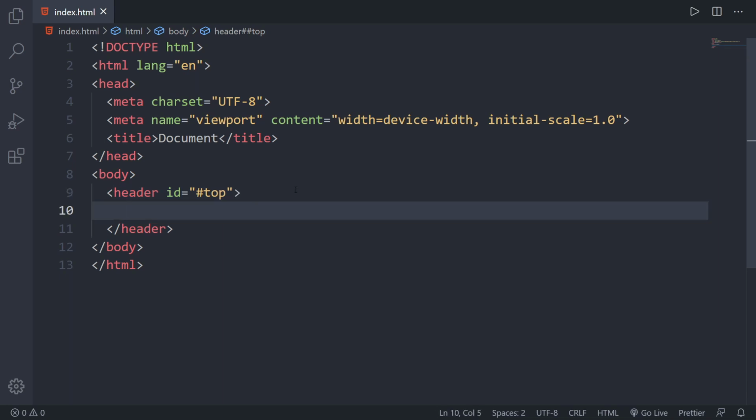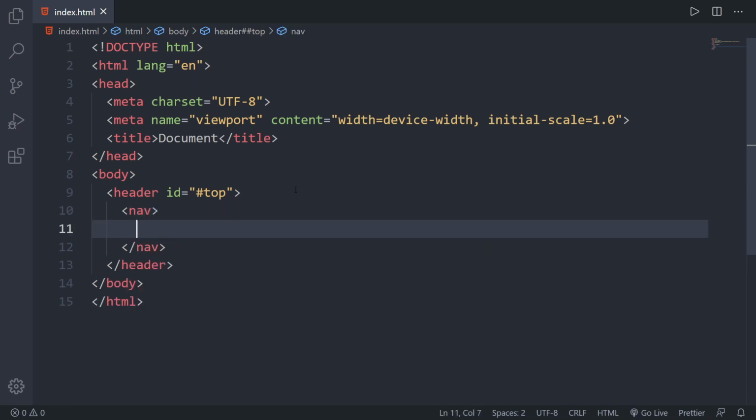And now inside of the header tag I will use a nav tag. The nav tag is used for representing a collection of links. Whenever we have a collection of links, we can write them inside of a nav tag, nav bar. Our header will have a few links to go somewhere. Usually headers in any website have links to redirect the user to some other page. So that's why we will use a nav tag inside of a header tag.